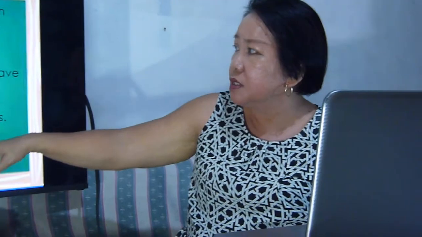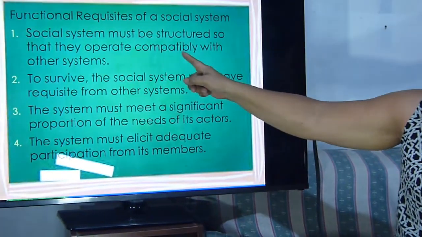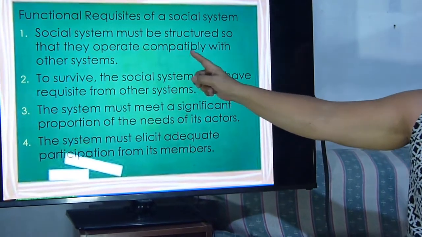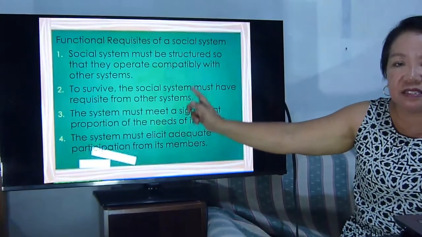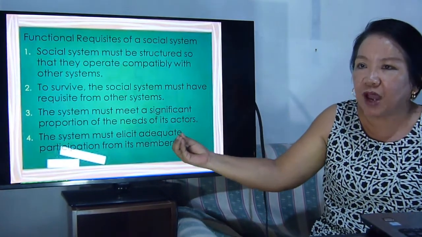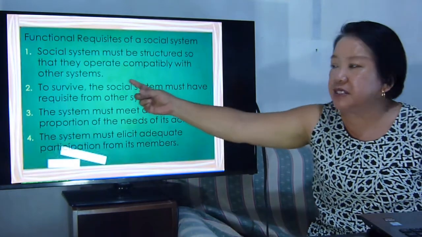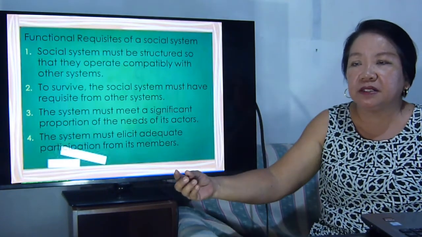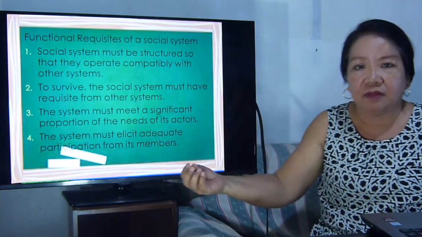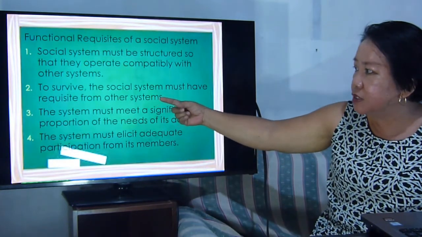Functional requisites of a social system. I run through ko lang ito, ha? So, dapat we have to operate compatibly with other systems. Hindi pwede. Sabihin mo, mag-isa lang ako, I will survive. No, you cannot survive. King's College, sinong kapartner niya? Other systems. Ang DepEd, ang CHED. Agriculture, kapartner niya yan. Next,